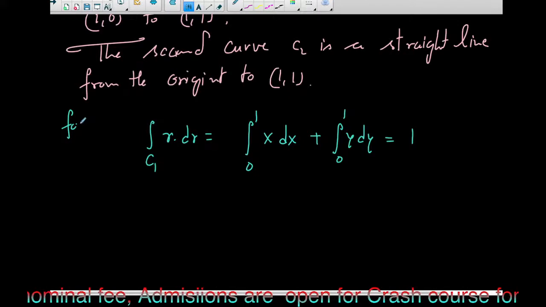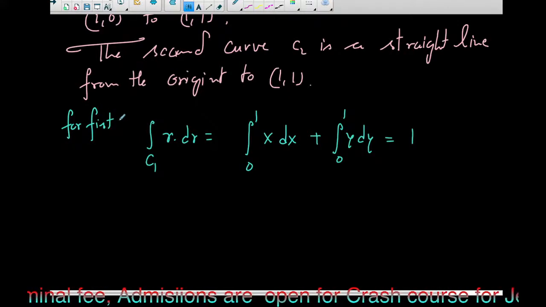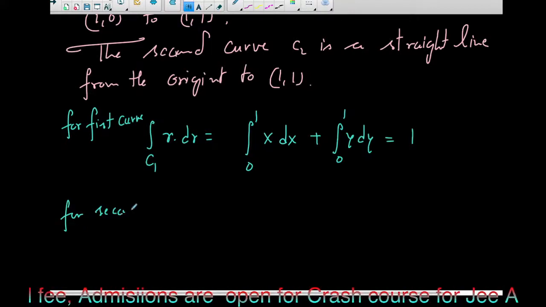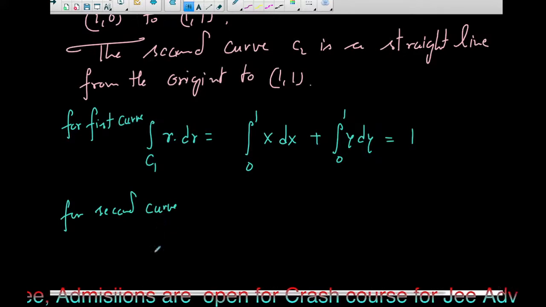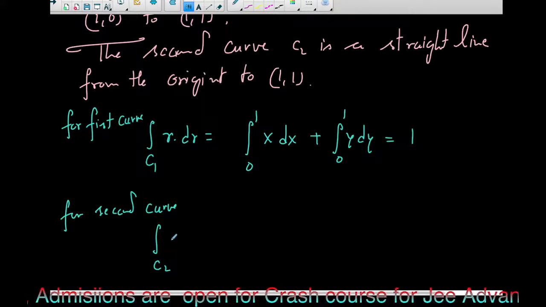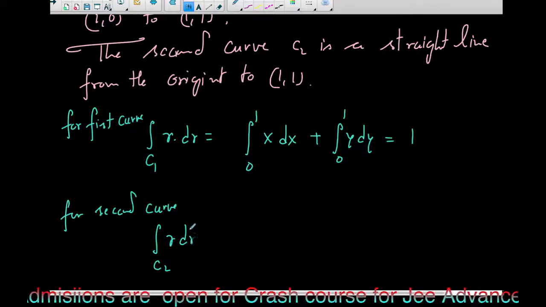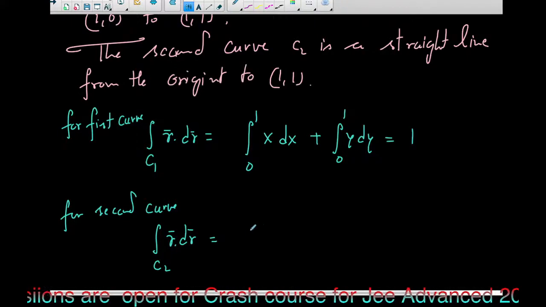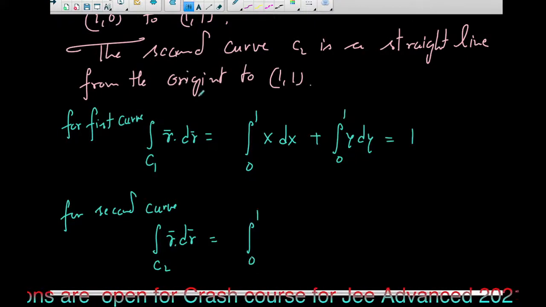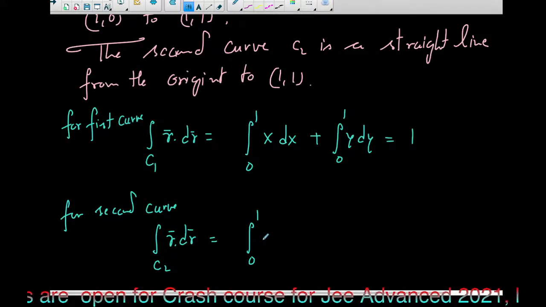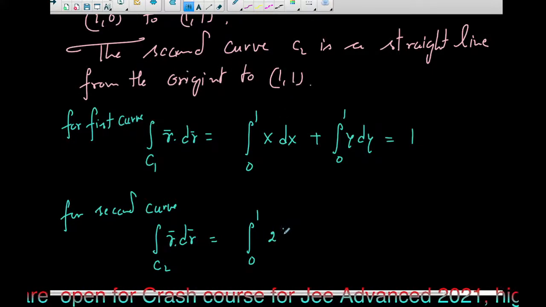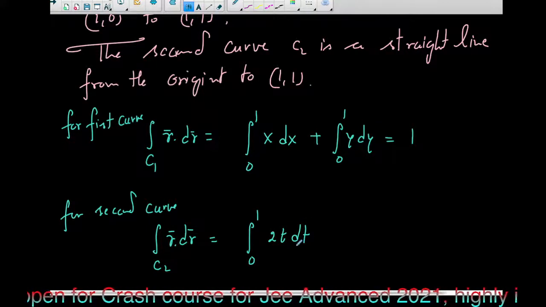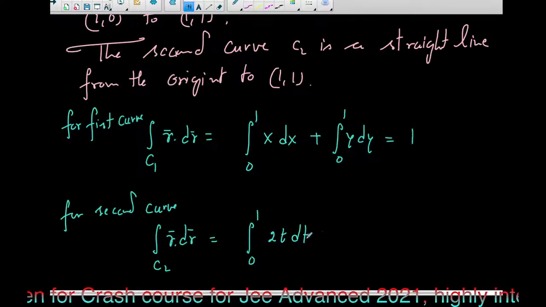पहले ये लिख लिया, फॉर फर्स्ट कर्व, एंड फॉर सेकंड कर्व। सेकंड कर्व के लिए लेते हैं इंटीग्रल ऑफ C2 F डॉट dr, फिर से F dot dr, तो दैट व्हाट वी गो फॉर 0 to 1। अभी सेकंड कर्व के लिए क्या हुआ, डायरेक्ट ओरिजिन से जो है ये 1, 1 पे आ गया, तो 0 to 1 क्या लिखेंगे, 2t dt कैसे एक्सप्लेन करेंगे, आर यू गेटिंग हाउ आई एम राइटिंग दिस वन।